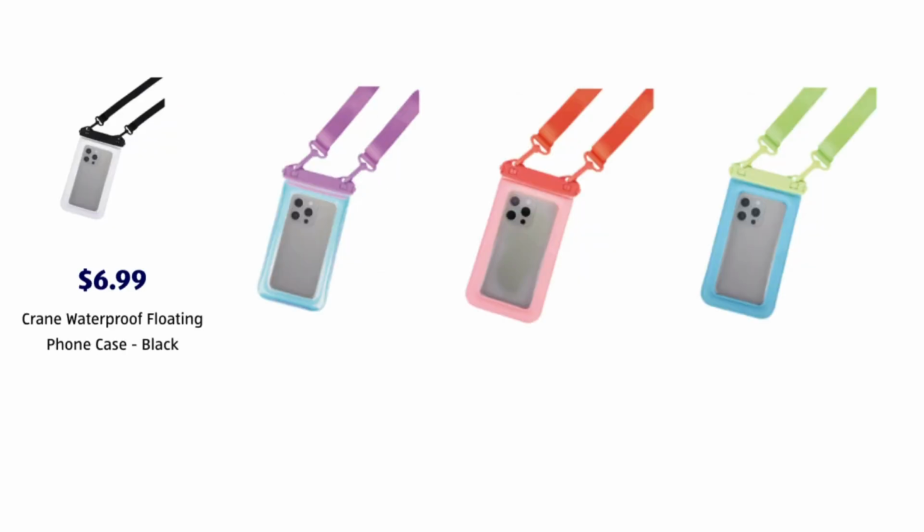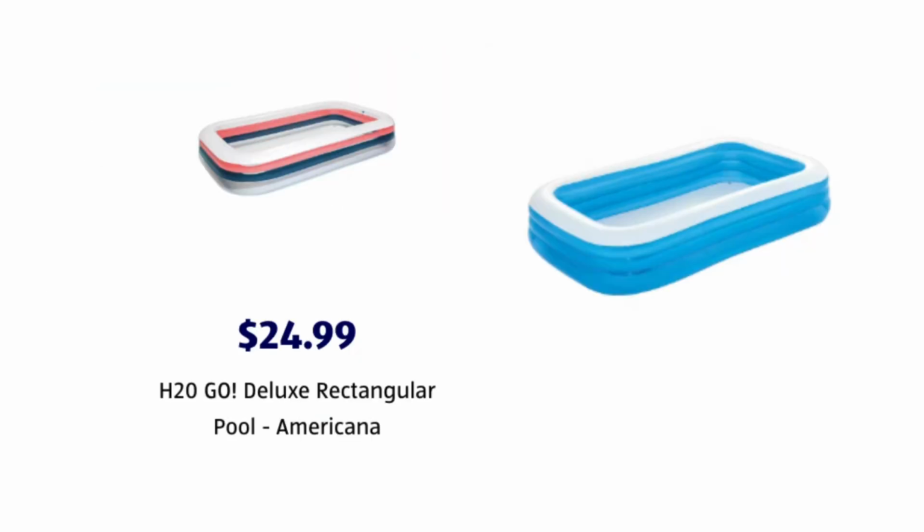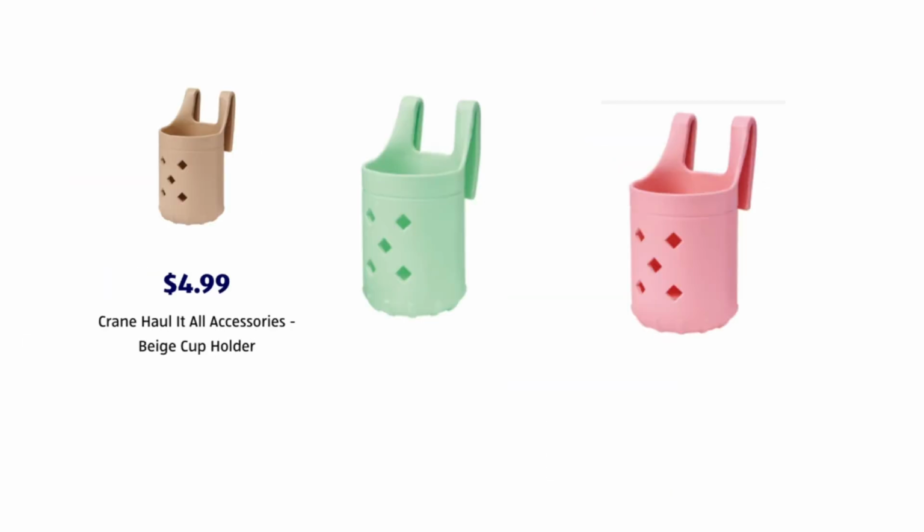We have the floating phone case, so waterproof phone case. We've got these waterproof beach cases. These are awesome. We've got some rectangular pools, 2 different colors to pick from. We've got some pickleball paddle sets. We had some this week too. Pickleball is so popular. We have these cup holders,